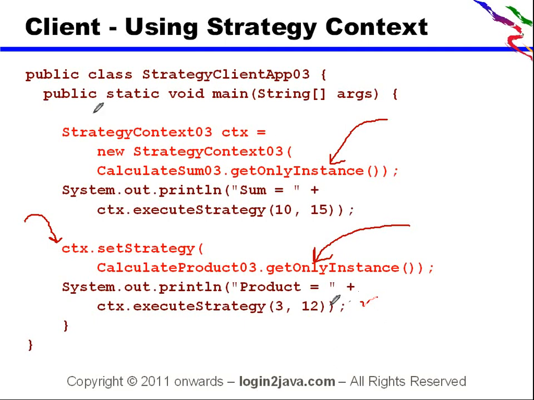Another advantage that you will have in your application: suppose you need to perform the same set of algorithms on a different context in the same application. So you can have two different contexts working on strategy in the same application. You can have another context object for another set of data. So this is another variation that is possible with the strategy.